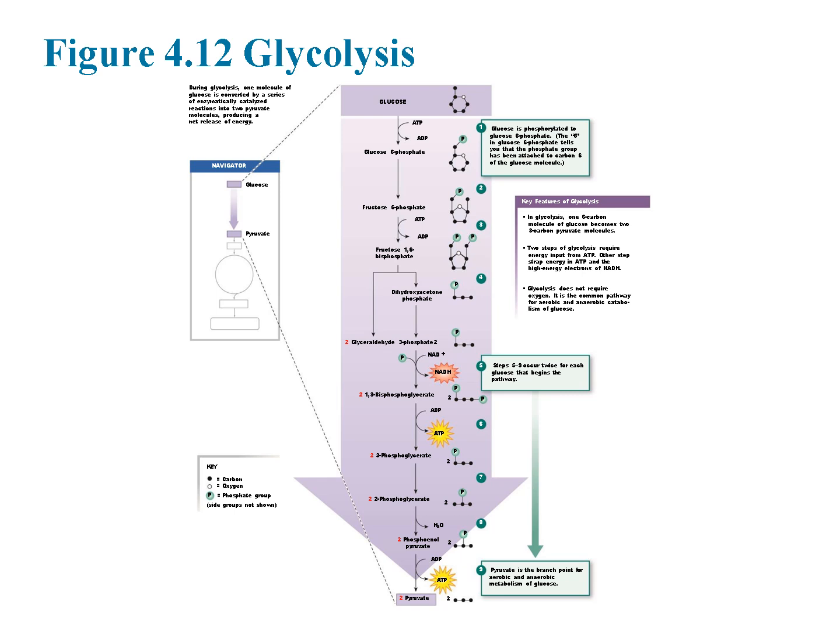Energy generation, steps 5 to 9. Step 5. G3P is oxidized, reducing NAD to NADH and attaching a phosphate to form 1,3-bisphosphoglycerate. Step 6. A phosphate group from 1,3-bisphosphoglycerate is transferred to ADP, forming ATP and 3-phosphoglycerate. Steps 7 to 9. More chemical rearrangements lead to the production of pyruvate, generating another ATP molecule in the final